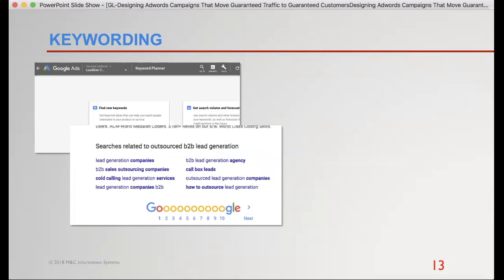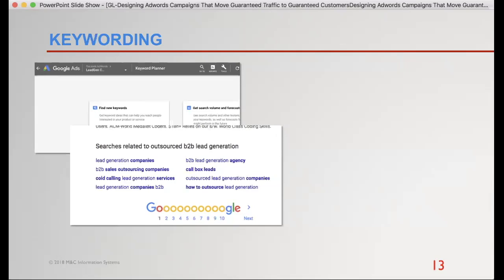And I'm looking at two things. One is I'm looking at the bottom. Search is related to whatever it was that I typed in. So in this case, I was thinking about lead gen compass and outsourced B2B lead generation being a term, a way that we might describe that internally. If we think in terms of Google has the advantage of huge numbers, the chances that Greg is going to be able to invent the right term or the right way that that